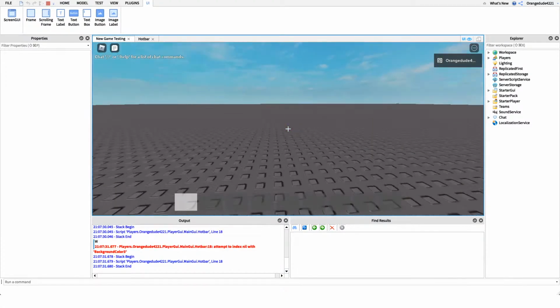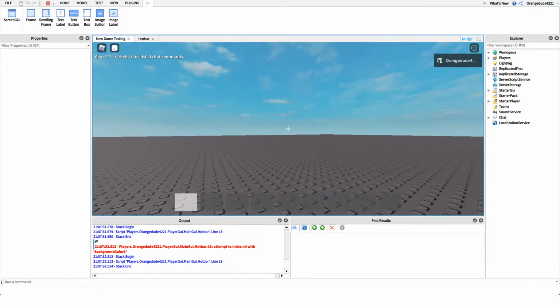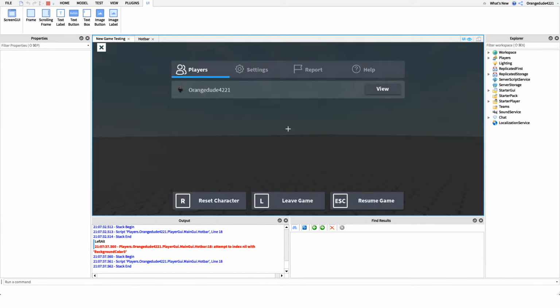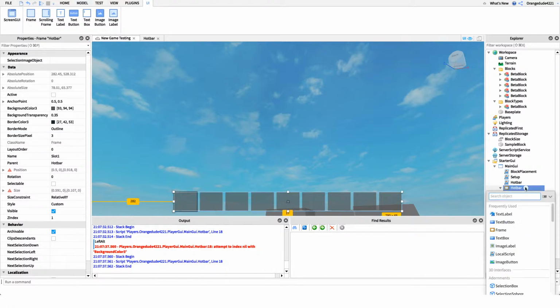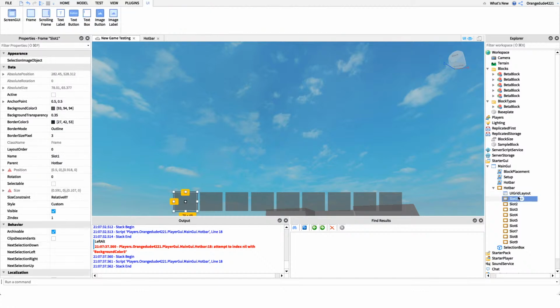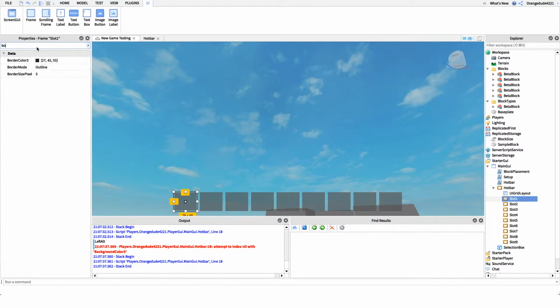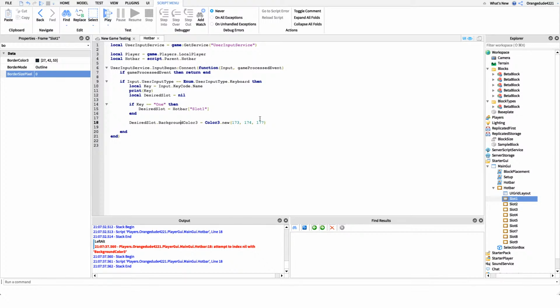Eek, that is way too bright. Maybe if we do an outline type thing, that might actually be better. Maybe make it flicker blue each time. I want to see what an outline looks like. Yeah, actually I like that. Border size pixel. I'm just going to say so dot border size